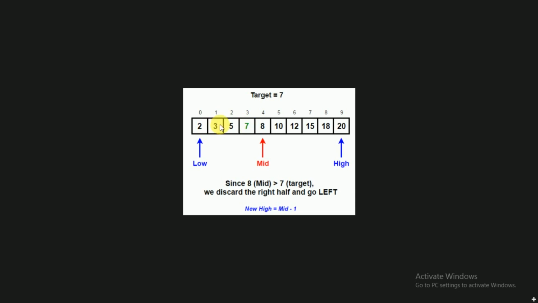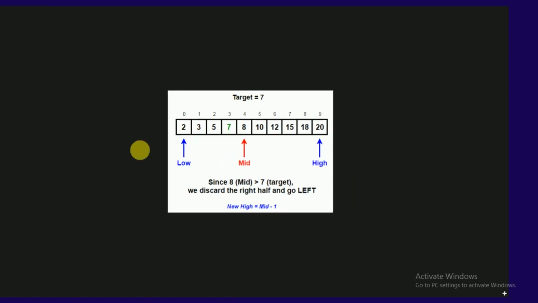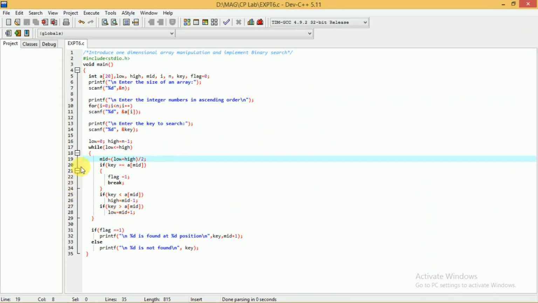After this, again the comparison will take place whether 7 is less than 3 or 7 is greater than 3, and so on. Whenever you change the value of this, the control comes back to the looping statement. The same statements continue to execute until this condition becomes false, which means you have considered all the possible elements of the list.